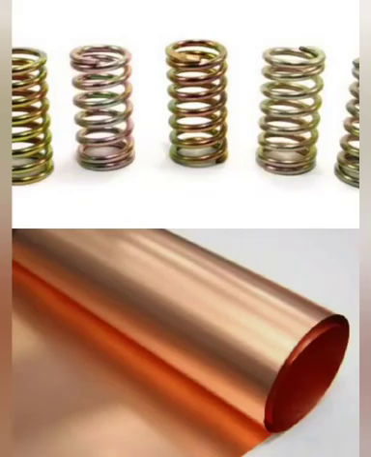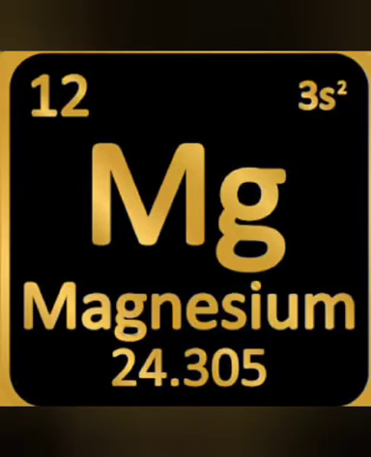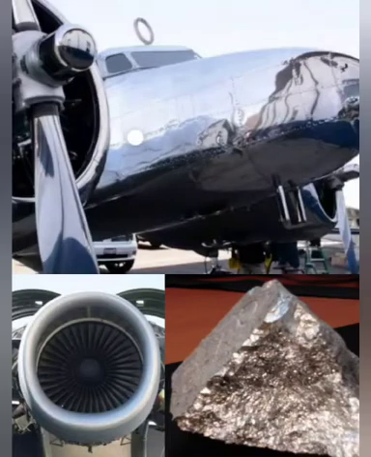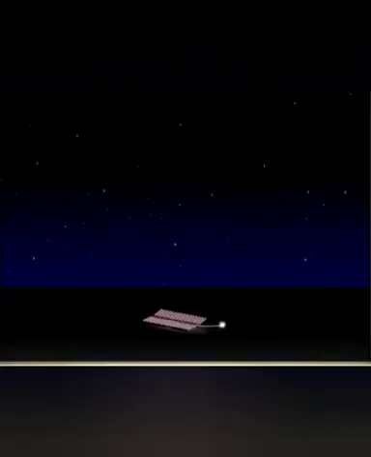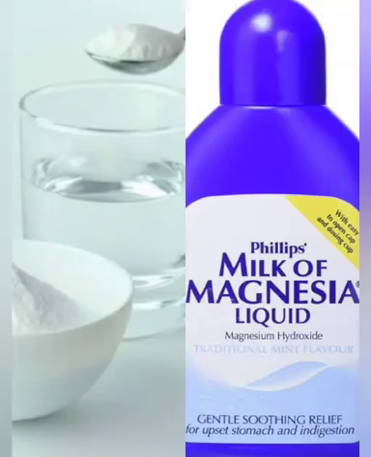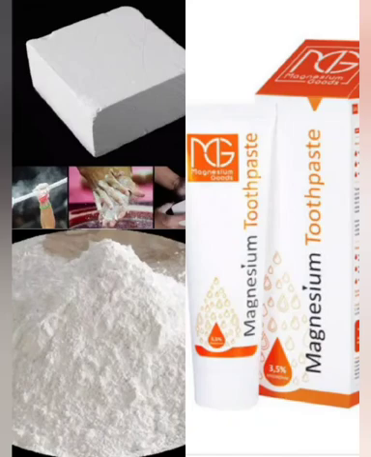Let's talk about magnesium. Magnesium forms alloys with aluminium, zinc, manganese, and tin. Magnesium aluminium alloys, being light in mass, are used in aircraft construction. Magnesium powder and ribbon is used in flash powders and bulbs, incendiary bombs, and signals. A suspension of magnesium hydroxide in water called milk of magnesia is used as an antacid in medicine, and magnesium carbonate is an ingredient of toothpaste also.